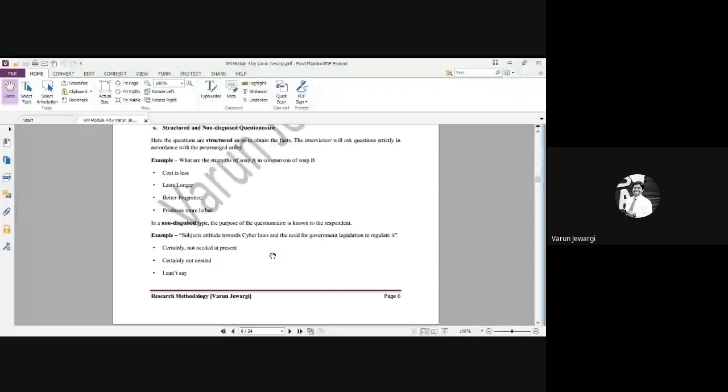Making sense? I'll give some more examples. Just now someone spoke about Red Bull. Once you drink Red Bull, did you get energy? Yes or no? No. Okay, you didn't get energy, which was a very straightforward answer. That comes in the structured form.